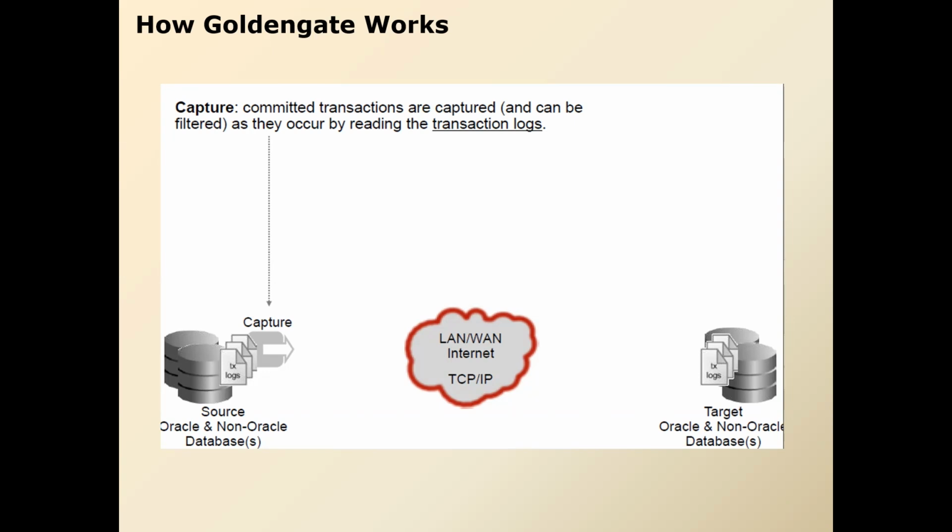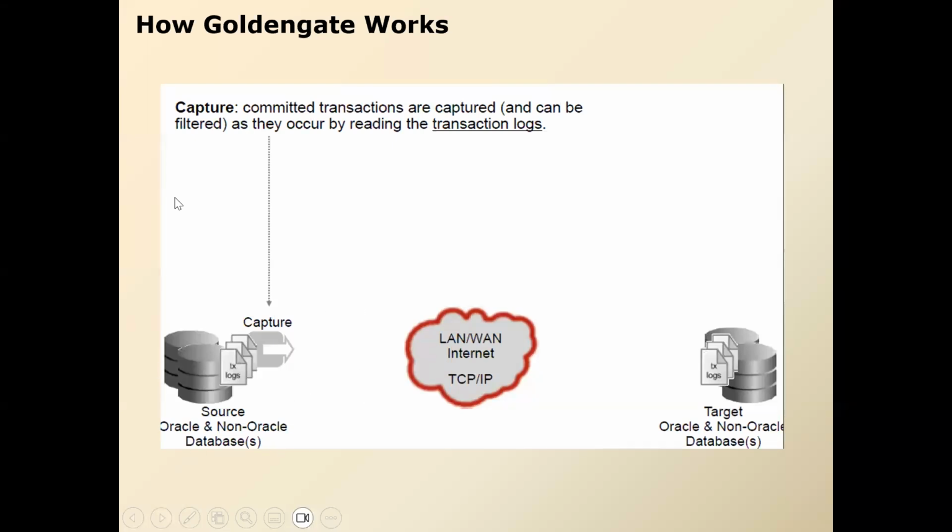Now what happens is any change happening in the database gets written into the transaction logs of the database. Those transaction logs contain committed as well as uncommitted transactions. In case of Oracle, these transaction logs are called redo logs, or backups of redo logs, which are called archive logs. So these transaction logs contain committed as well as uncommitted transactions.